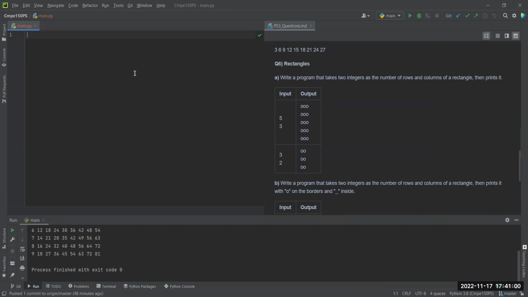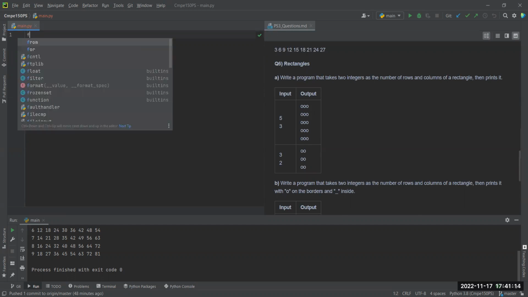The first part of this question wants us to write a program that takes two integers as the number of rows and columns of a rectangle, then it should print it just like this by using the small O letter. I am writing